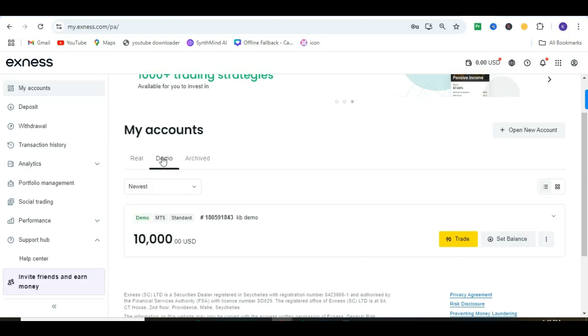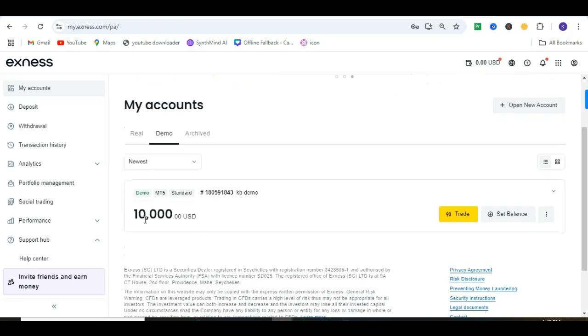And you can see here my demo account. You can see the money I've prepared, 10,000 USD in my demo account, which I can practice trade with. Okay, so now to deposit money into your real account,